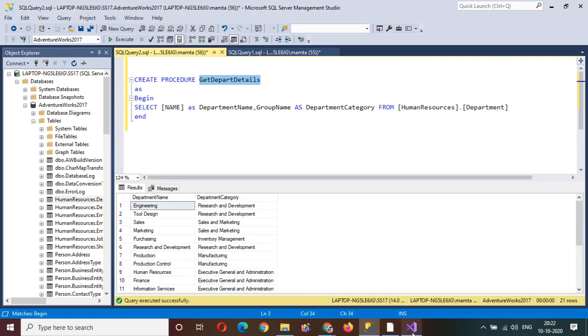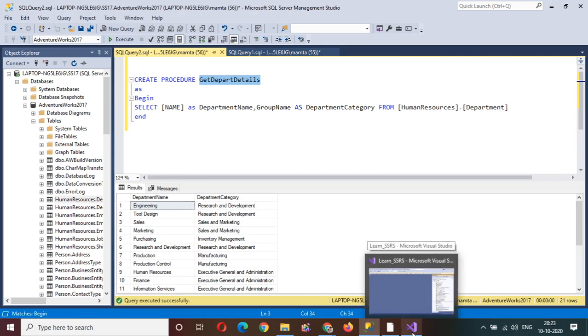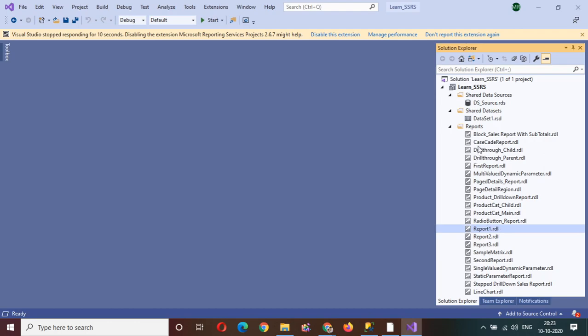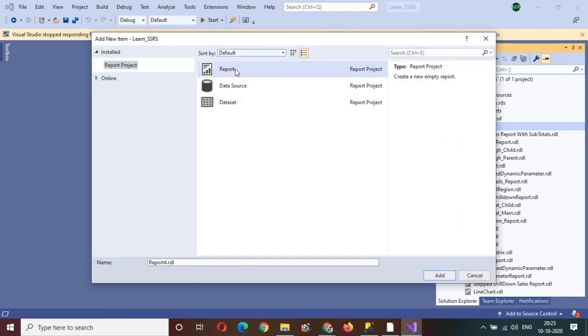So the next thing is we need to create our simple SSRS report, and we need to call this stored procedure. So how can we do it? Just quickly click on add new item, and give this a name: SP calling stored procedure report demo.